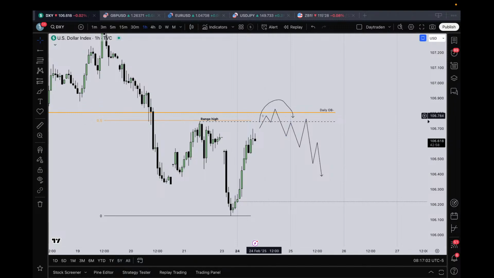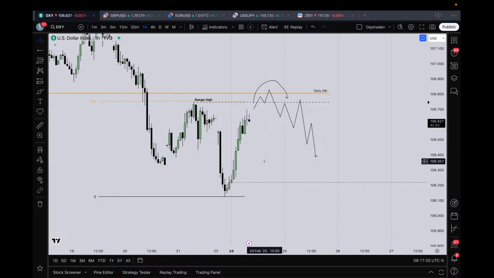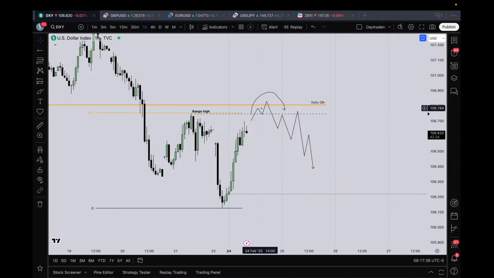However, you could also wait. You could wait for the deviation above the range high, wait for institutional sponsorship from that daily key level, so that displacement away from that daily key level, and then you are going to trade the continuation lower towards the sell side liquidity pool. So both options are valid. With the second option, you are a little bit safer. With the first option, you are having a little bit more risk on the table, but you would get the best entry overall, of course.